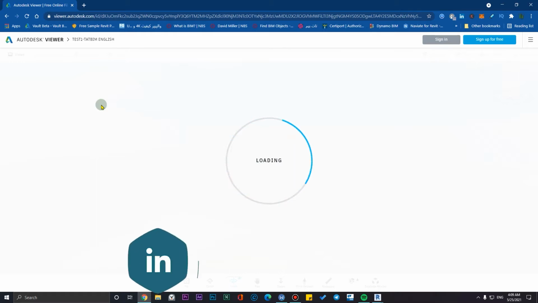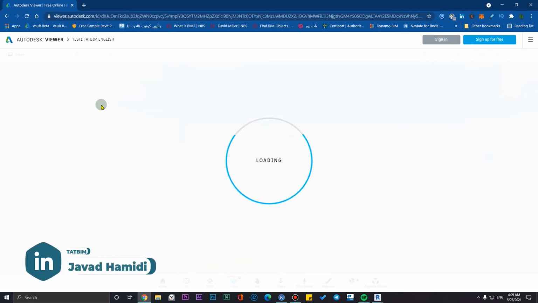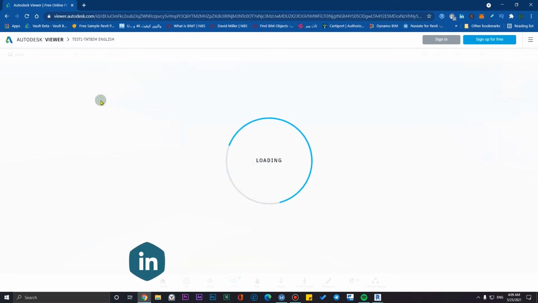The great feature here is commenting, which I love about this feature of Revit and Autodesk software. Other people can comment here, but the tip and reminder is that these links will expire after 30 days. So after 30 days, all of the comments will expire, and you just need to create another shared view. So be careful about losing your comments.